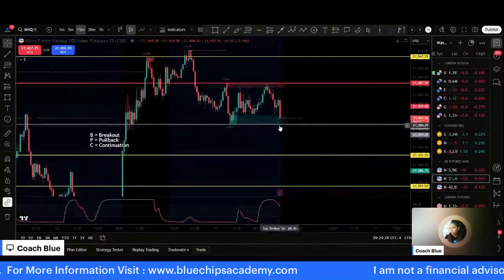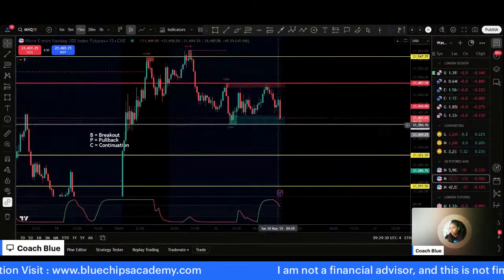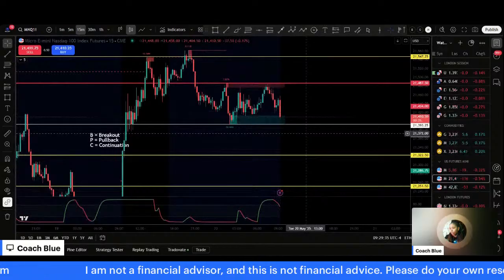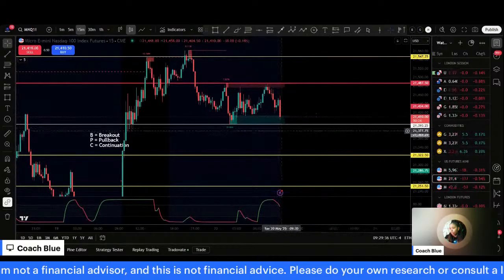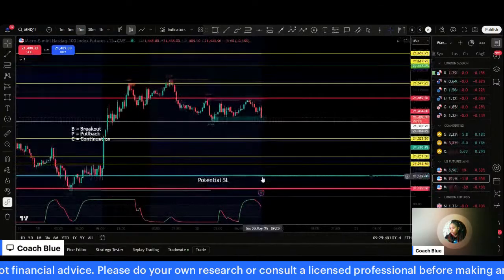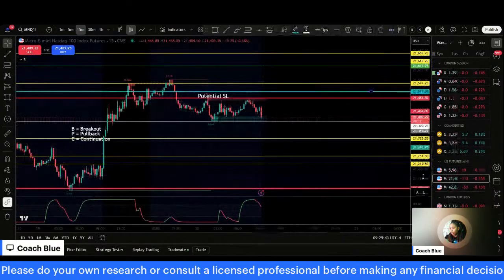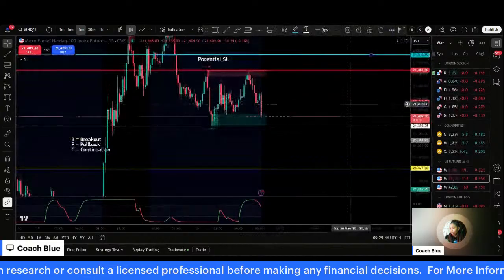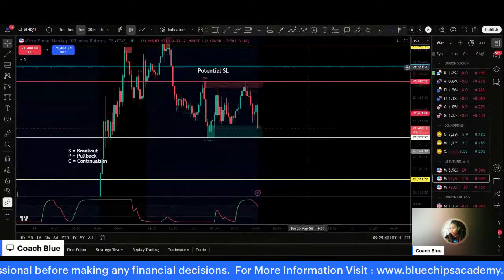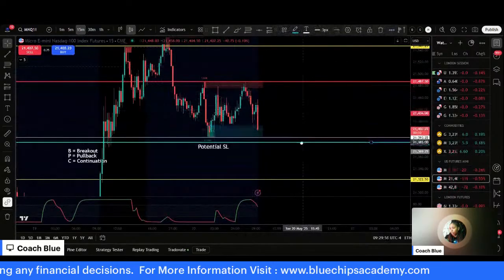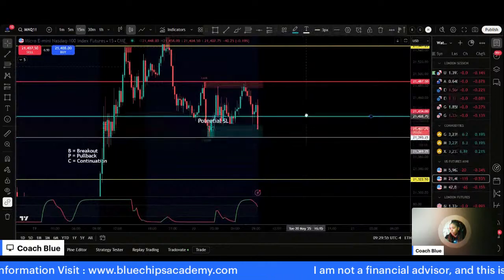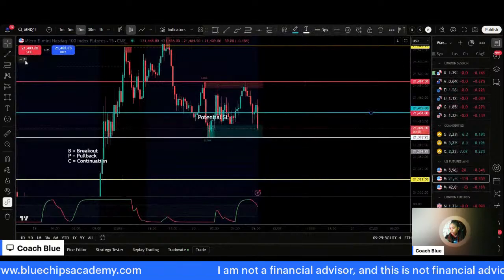Okay, so when we get close to our key level, within price range, we navigate to the 1 minute because we want to see where we could potentially enter. Let me get my stop loss in play here so we can have a visual of where we would want to stop. If we get an entry to the downside, my stop loss will be, let's see, this would be our first level of resistance. This would be our second level of resistance, about right here.